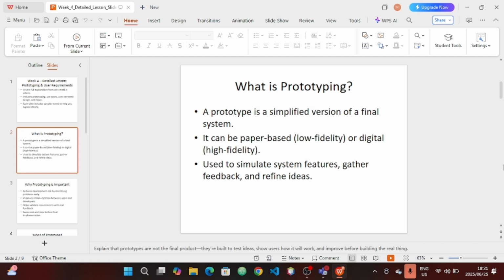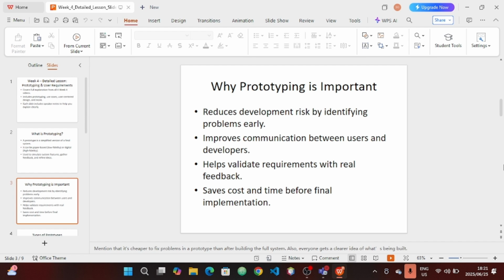And then we will go to why prototyping is important. It is important because